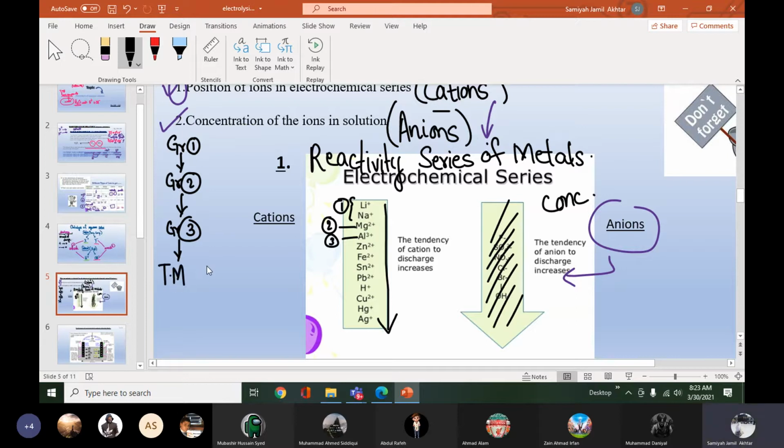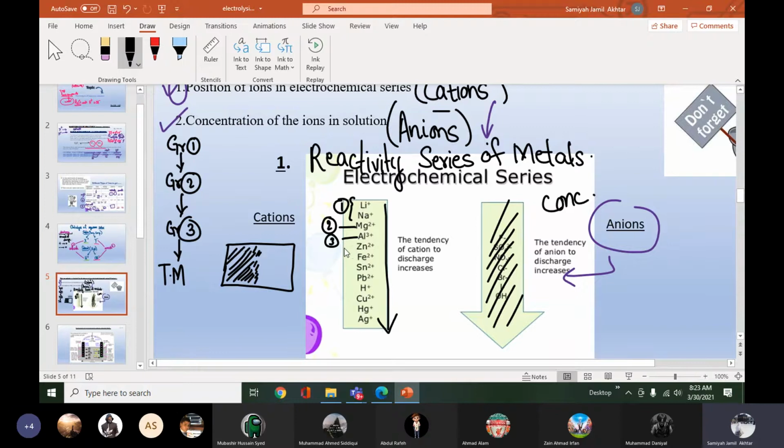Okay, transition metals, which are present in the first half of the block. For example, this is the transition metal block. The elements present at the start of the transition metal block are placed first, after group 3. Listen very carefully: the metals at the start of the transition metal block have medium reactivity. So these metals are placed after group 3.